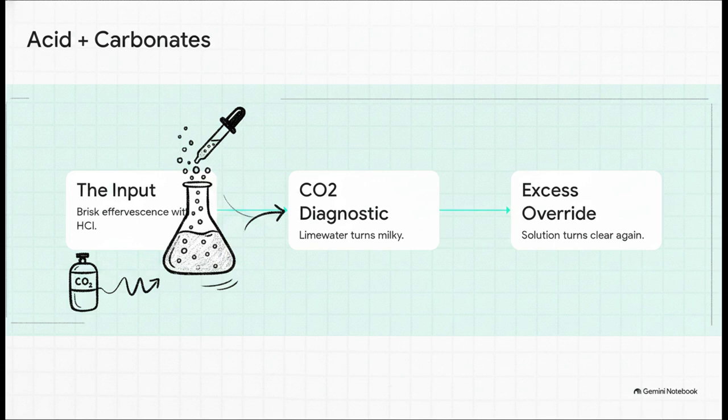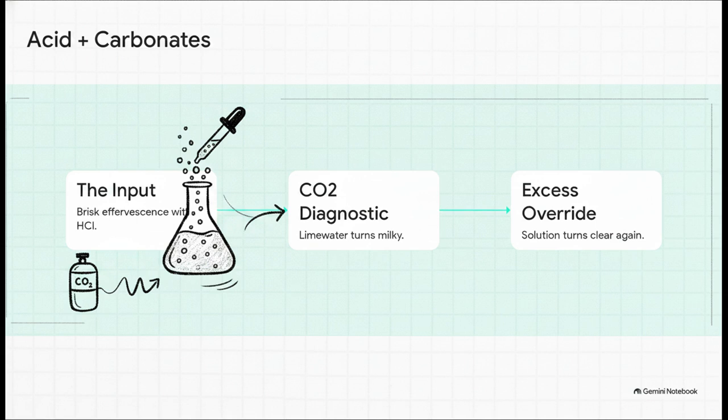Okay, so what happens on the carbonate pathway? Let's break down the sequence step by step. Step 1 is the input. We add an acid to sodium carbonate, which triggers a brisk effervescence, basically a whole lot of aggressive bubbling. Step 2 is the diagnostic. We take that escaping gas and pass it through lime water. The lime water instantly turns a milky white, which proves the gas is carbon dioxide,